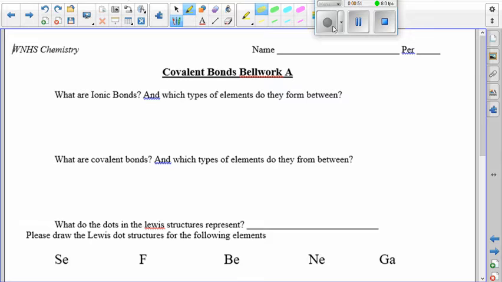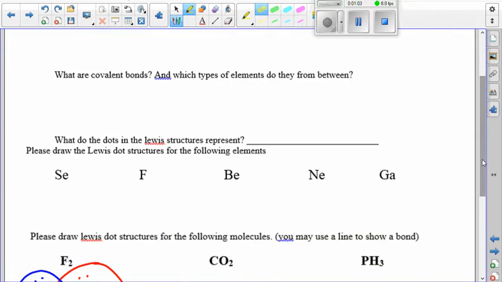You also want to be able to talk to me about what's happening with the electrons. Like, in an ionic bond, what are electrons doing? In a covalent bond, what are electrons doing? That kind of thing. You should also be able to draw the Lewis structures of individual atoms, like an Se or an F by themselves. Let me see here. And let's talk about a Lewis structure